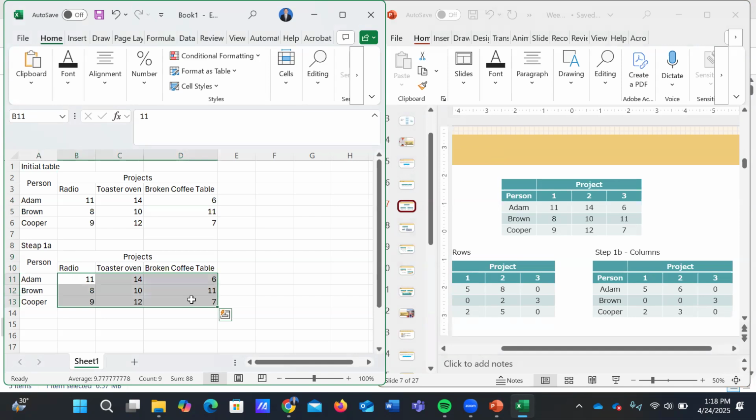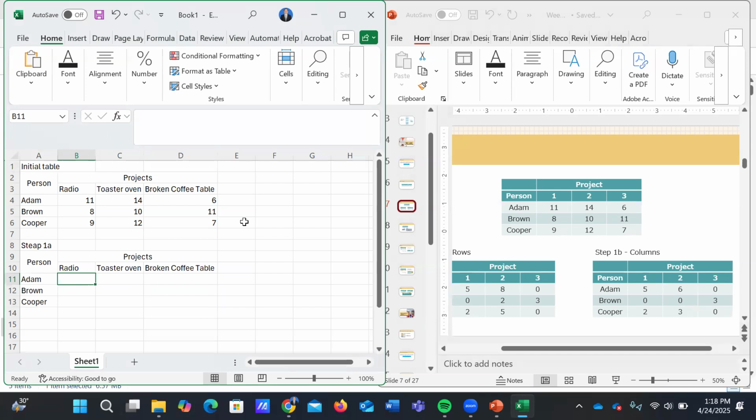We will subtract the value of the row with the minimum value of the row. Which project is the minimum cost for Adam?